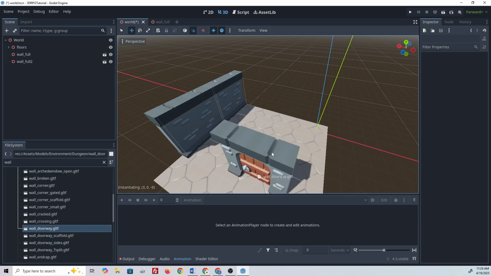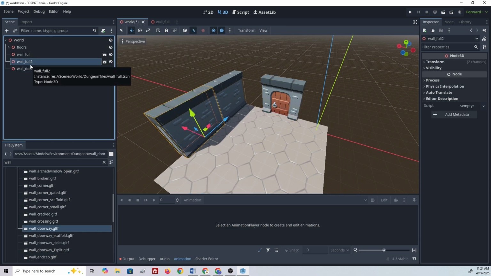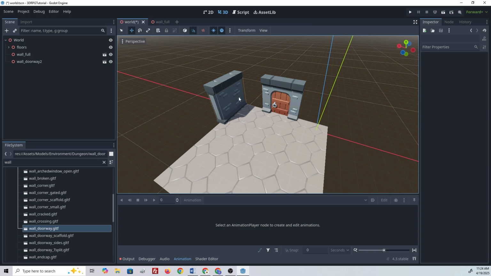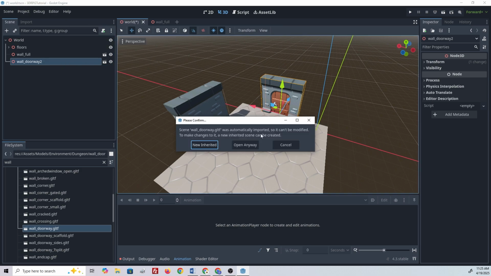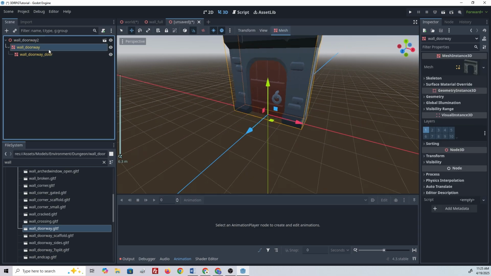Let's see here. We're gonna put in this doorway. And actually, I'm only gonna use one of these full walls. I'll tell you why in a second. So, that was not the one I wanted to get rid of, but that works. Alright. This doorway right here, we're going to probably tackle a little bit later, because I do want to trigger this door to be able to open. But what we can do for now is on this